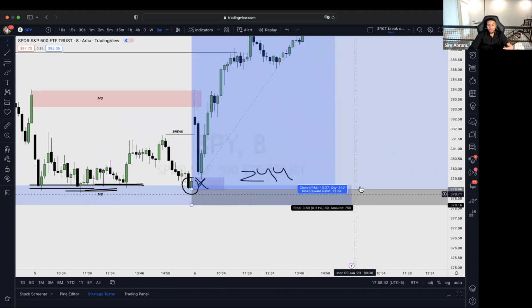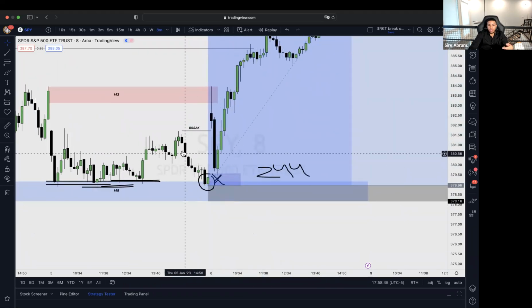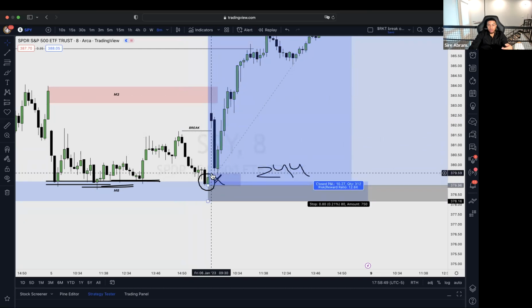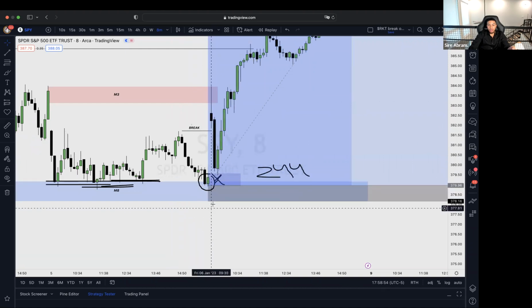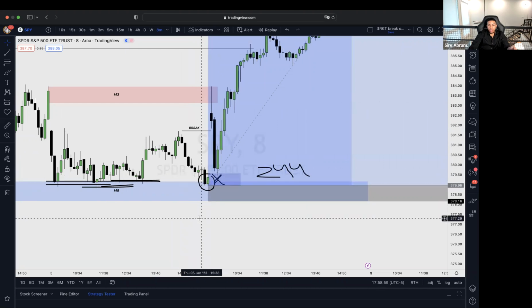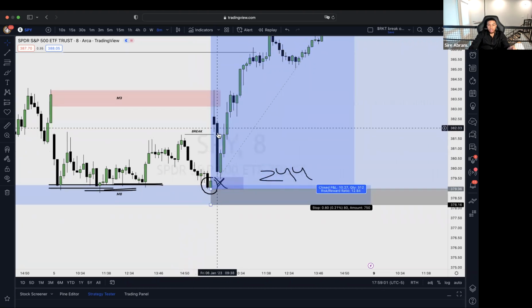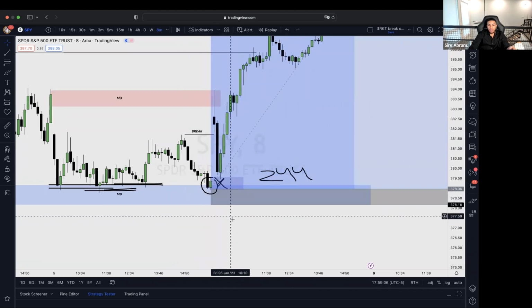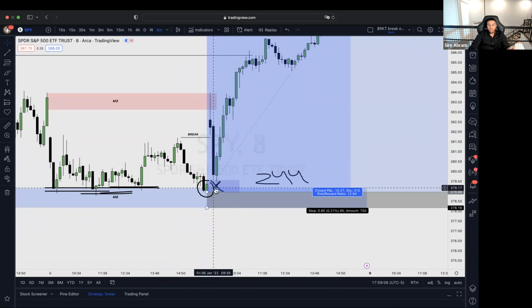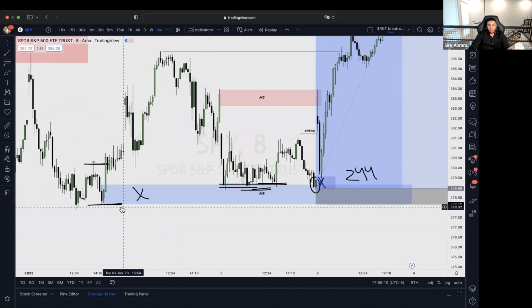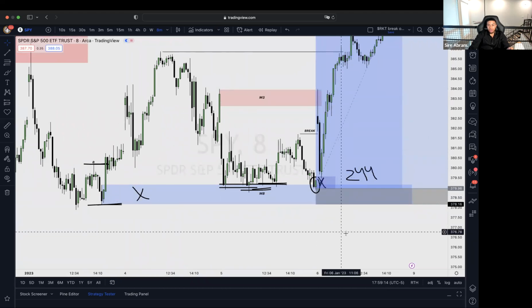So now if we look here, what do we see? This high gets broken right there. What initiates the move to break this high? This low. So this green candle is the order block, the demand level we're going to look for. So as price sells all the way back off to this low that initiated the break of this high, I'm going to look for the same exact thing. So right here, low, break, move higher, retracement, go up.